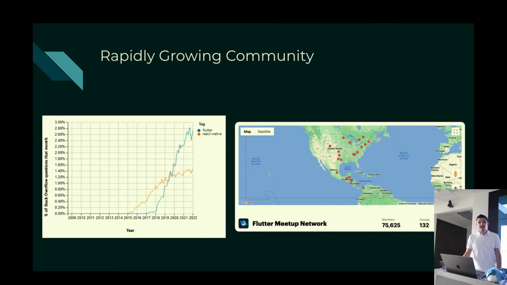Next, I wanted to give a shout out to the Flutter Meetup Network, which is something that we are a part of. If you don't know, this meetup is Google backed, and Google actually pays for all of our meetup fees and gives us all sorts of resources to help us create this content. And Flutter is now very worldwide with over 132 in-person meetup groups across 62 countries and over 75,000 members. So this is Google showing that they're investing heavily in not only Flutter, but the communities around it and the education for it.